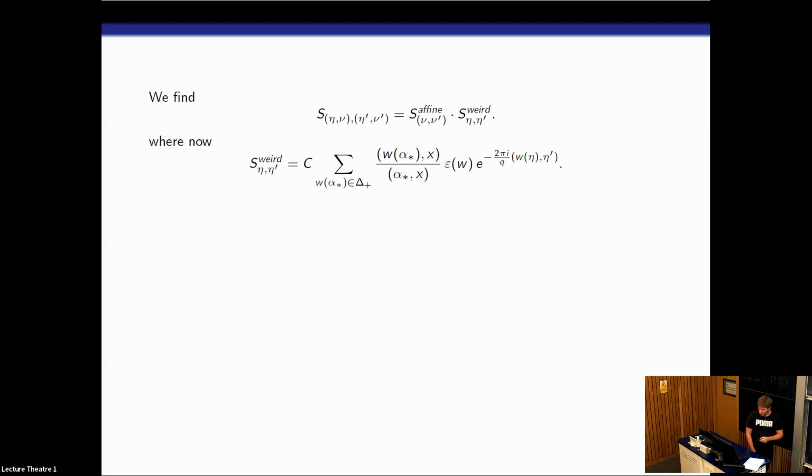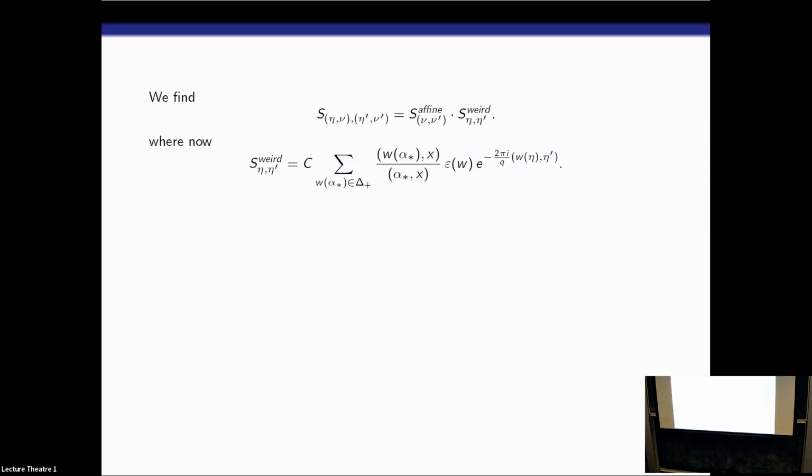So again, we proved that you can write down the S matrix in a sense explicitly, and you again get this factorization that was first proved by Frenkel-Kac-Wakimoto in the principal case. Now this time what happens is we get something affine as before related to the numerator P, but for the denominator Q, we don't get something affine, we get something strange or weird. And by using explicit formulas for the characters, you can actually write down a formula for this S matrix. You get something as follows.